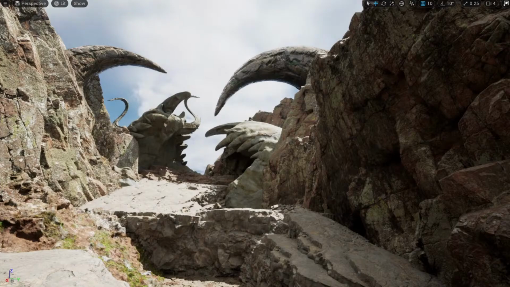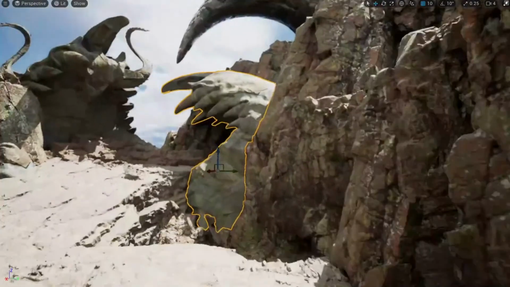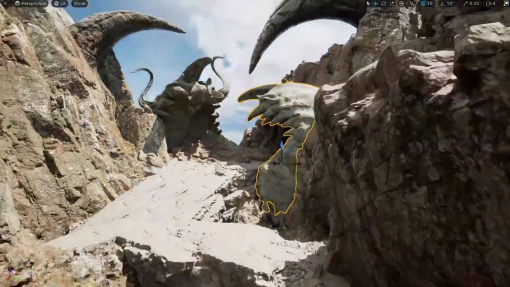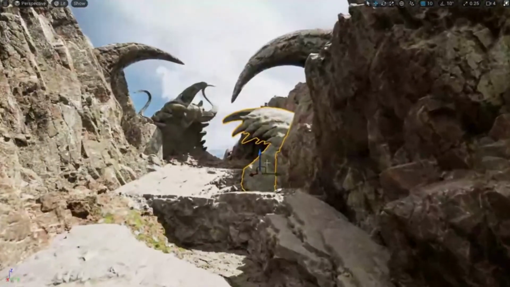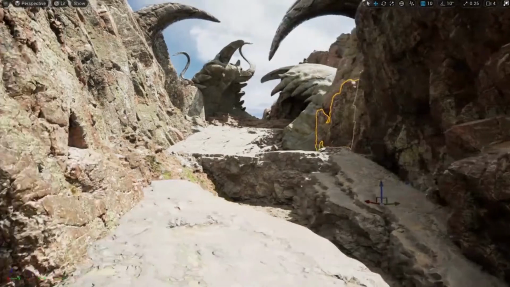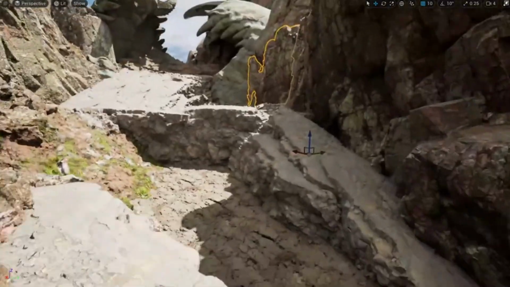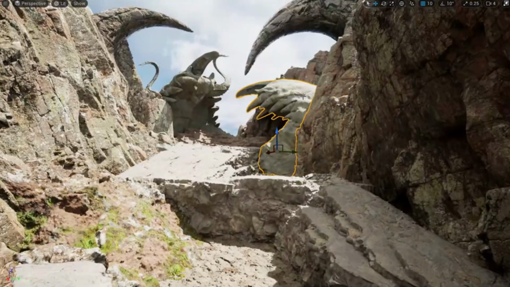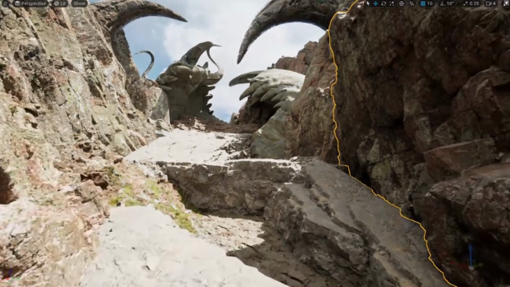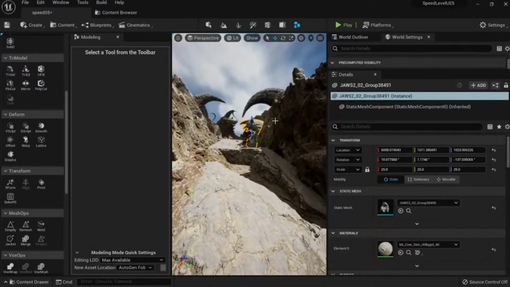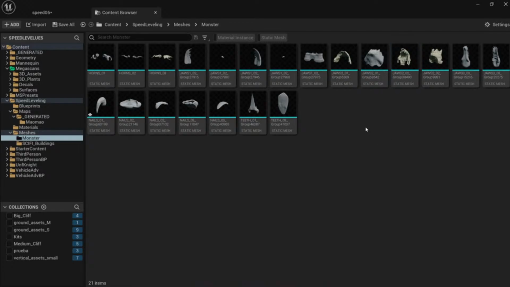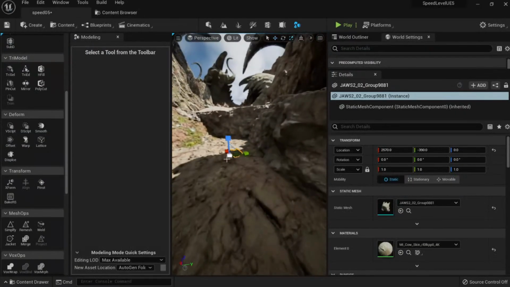In our case, we have the alien type of thing that we have here, and we also have the rocky elements. We have the alien thing going on here, but we don't have it there. So what we're going to do is blend these two, the alien one and the rock one. The way we're going to do it is by putting some assets that are very similar. For example, we can put this one here, and we can put a smaller one